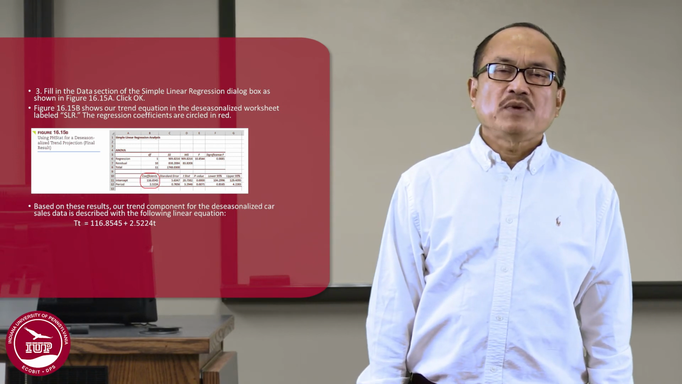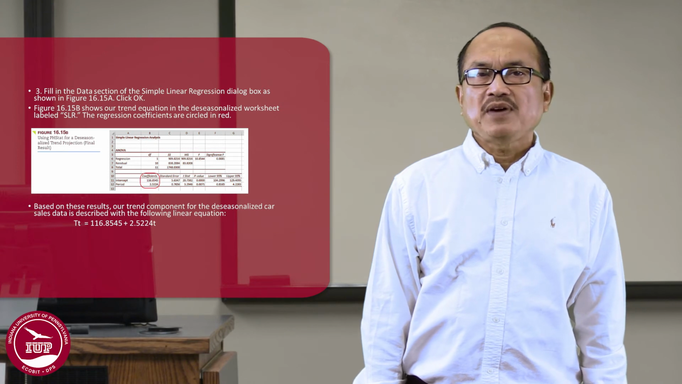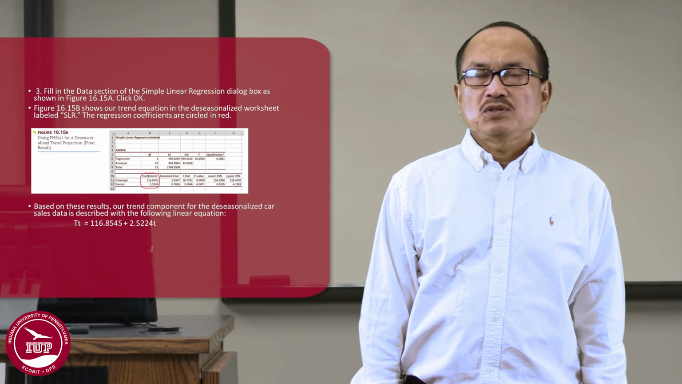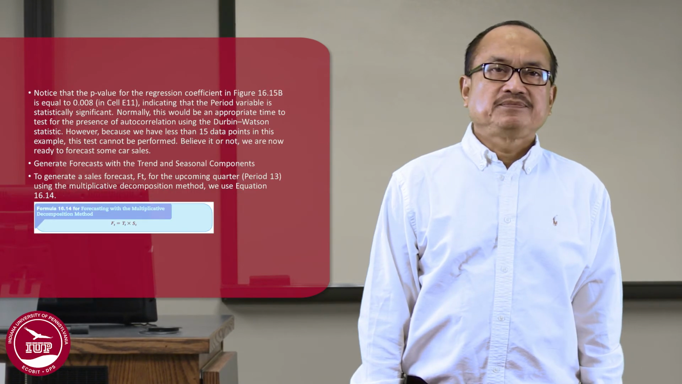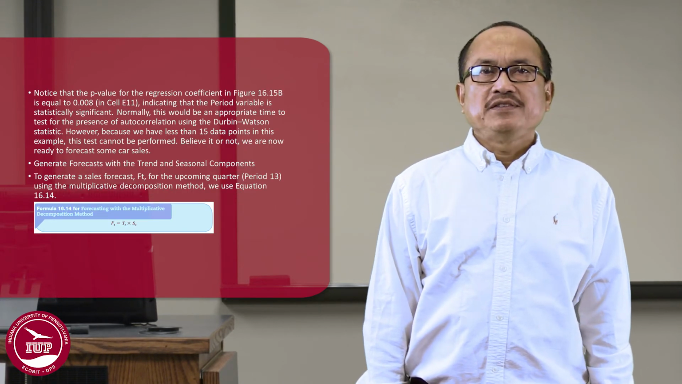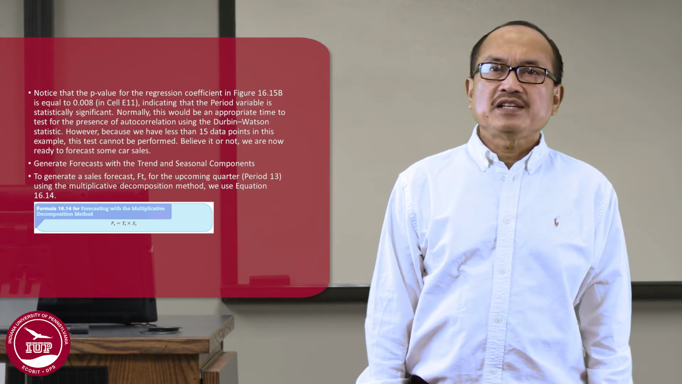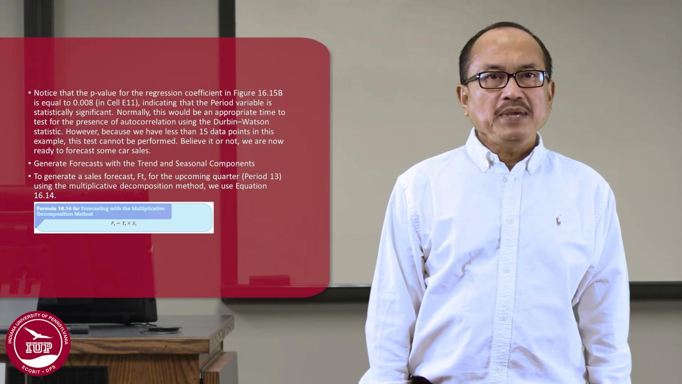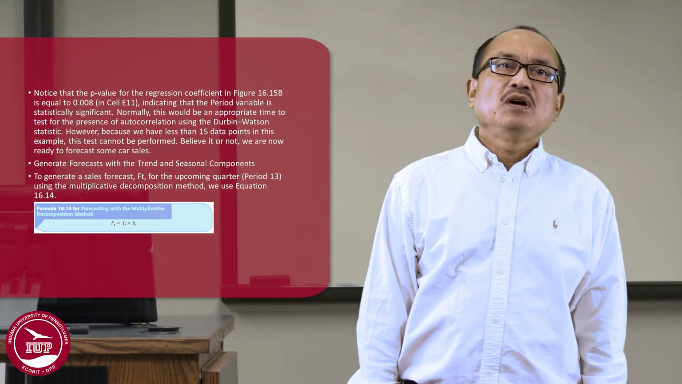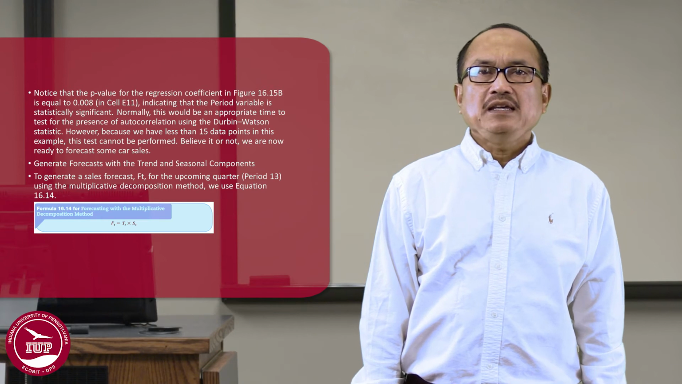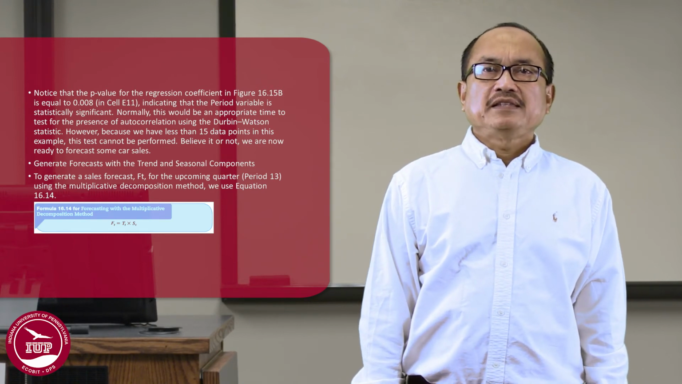TT equal to 116.8545 plus 2.5224T. Notice that the p-value for the regression coefficient in figure 16.15b is equal to 0.008 in cell E11, indicating that the period